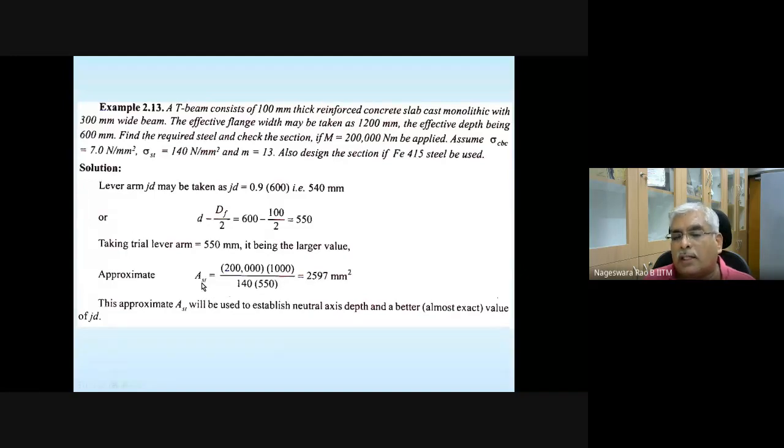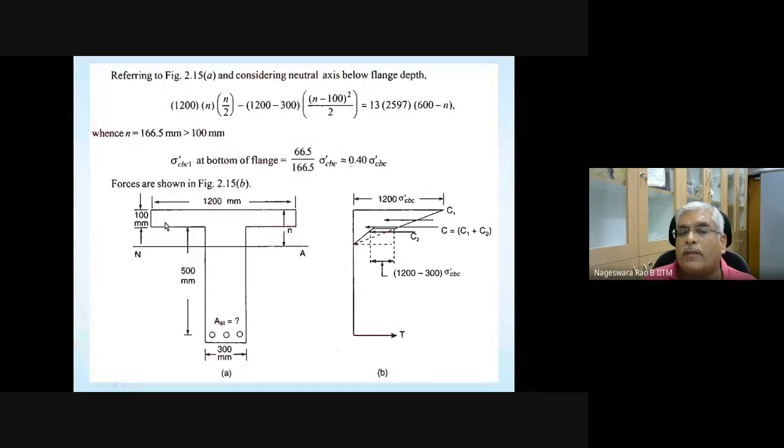Please note that we don't know really the actual lever arm, because at the initial stage we don't know what is the area of steel. Until we get the area of steel, we don't know the exact value of the lever arm. But the problem is, unless you know the lever arm, you will not be able to estimate the area of steel. So we started with the trial lever arm, and we got an approximate area of steel. Once we got this approximate area of steel, then we can take that approximate area of steel,